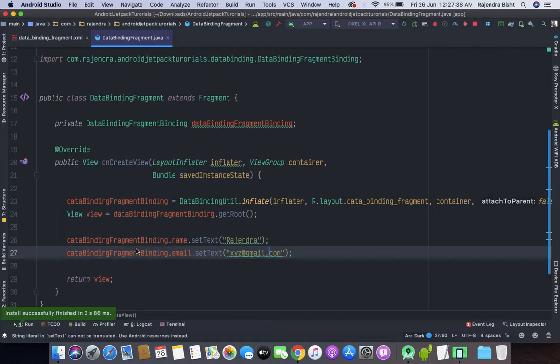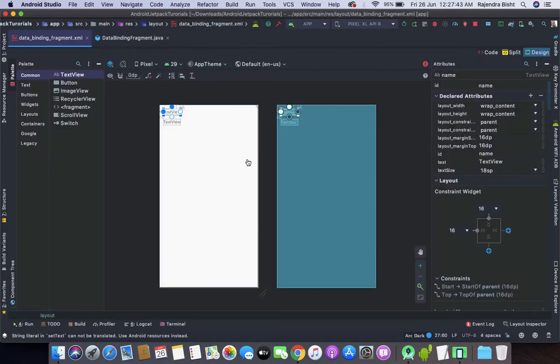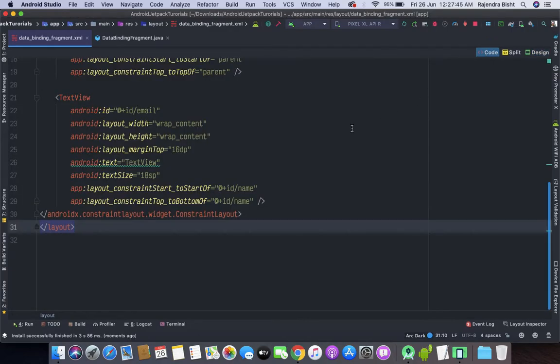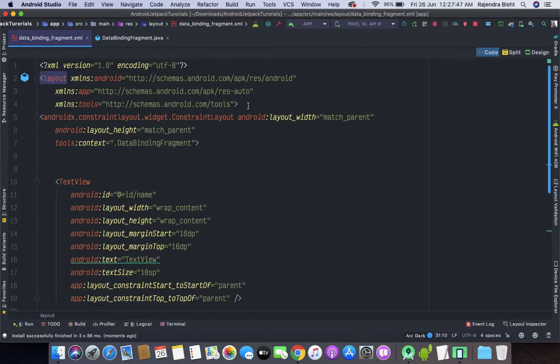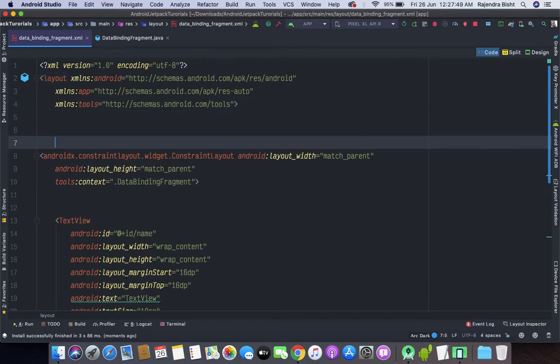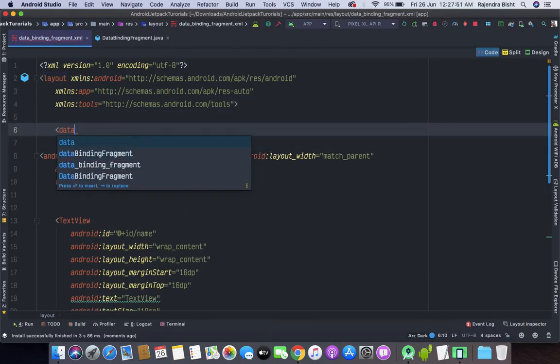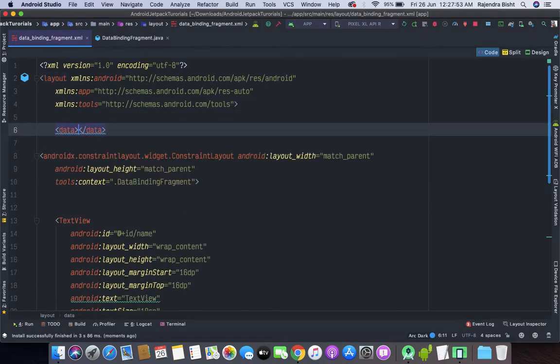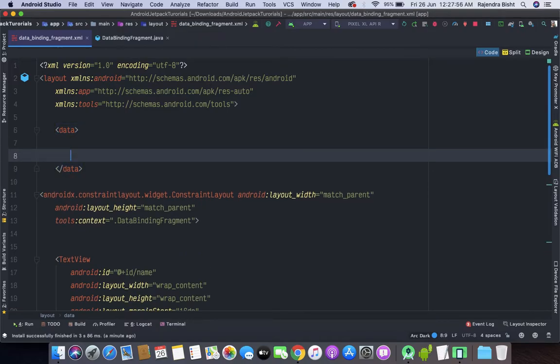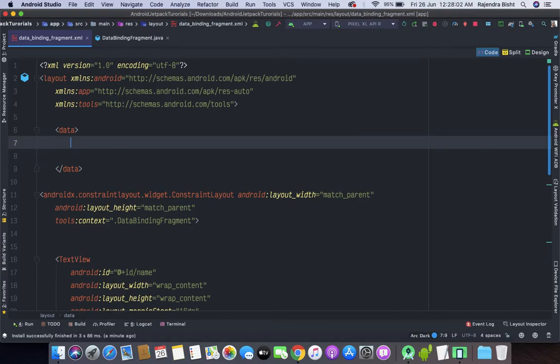Now we will bind this data from the XML layout. So let's go to the layout, and here we will add a data tag. Inside the data we will add a variable.